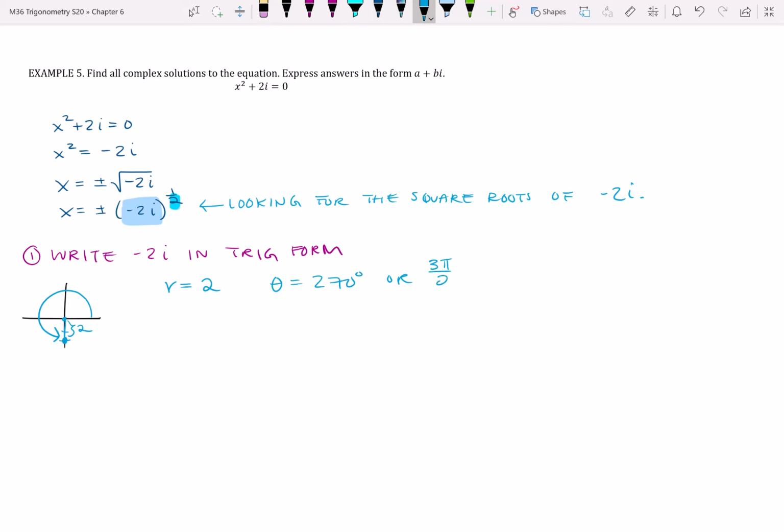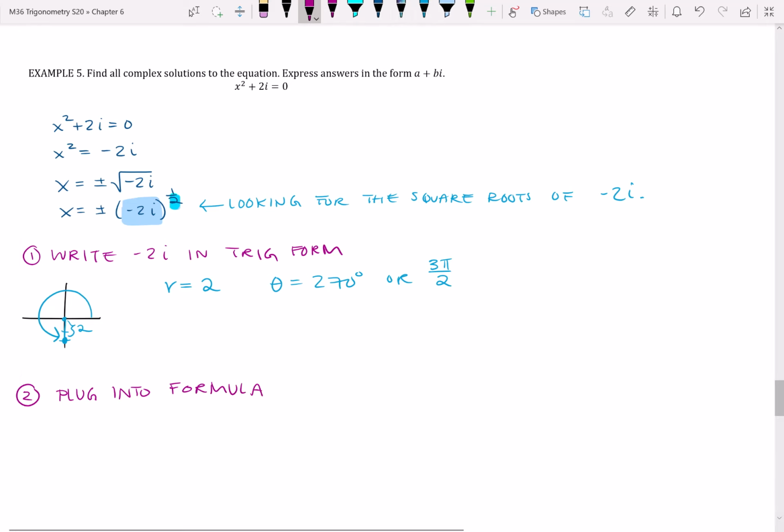But again, it doesn't always have to be that way, and then we already have the formula on how to find the modulus and the argument. So just giving you little tips here and there if you encounter some of these problems. Okay, so we already have our r and we already have our theta. And so step number 2 is to plug it into the formula. So just to remind you of what that looks like,